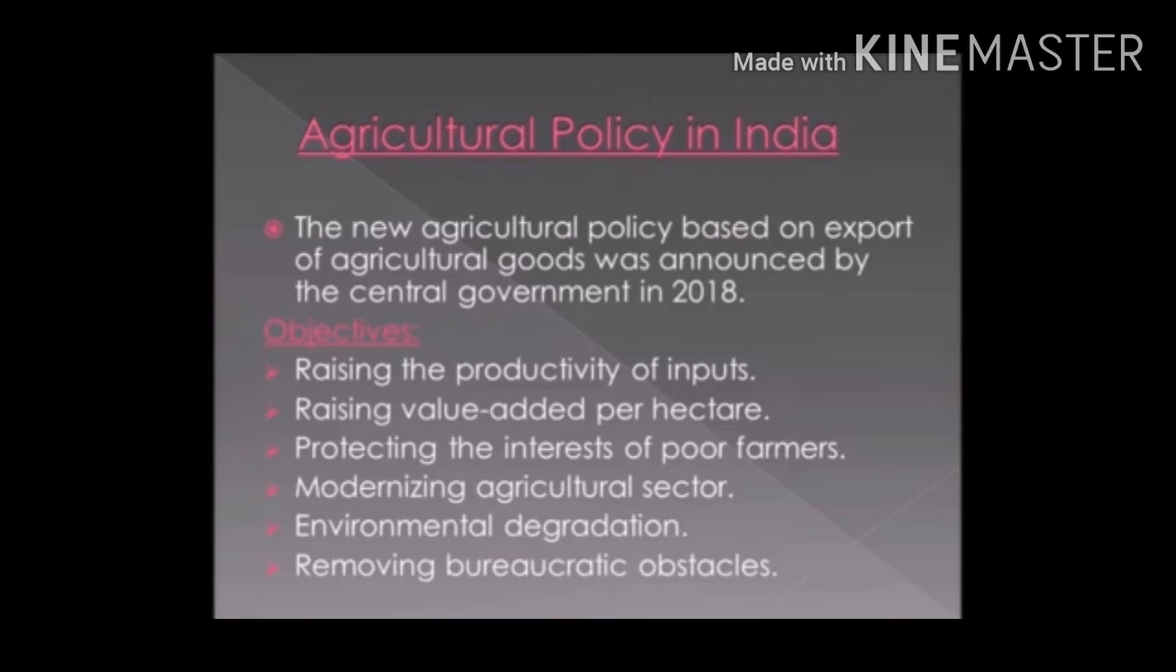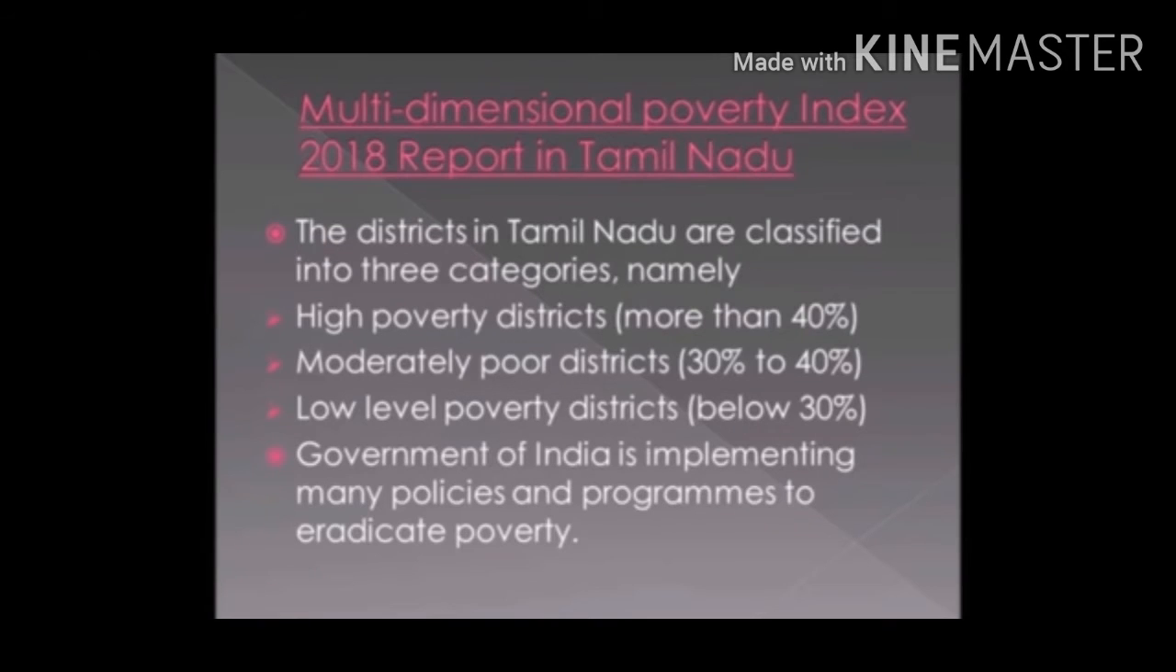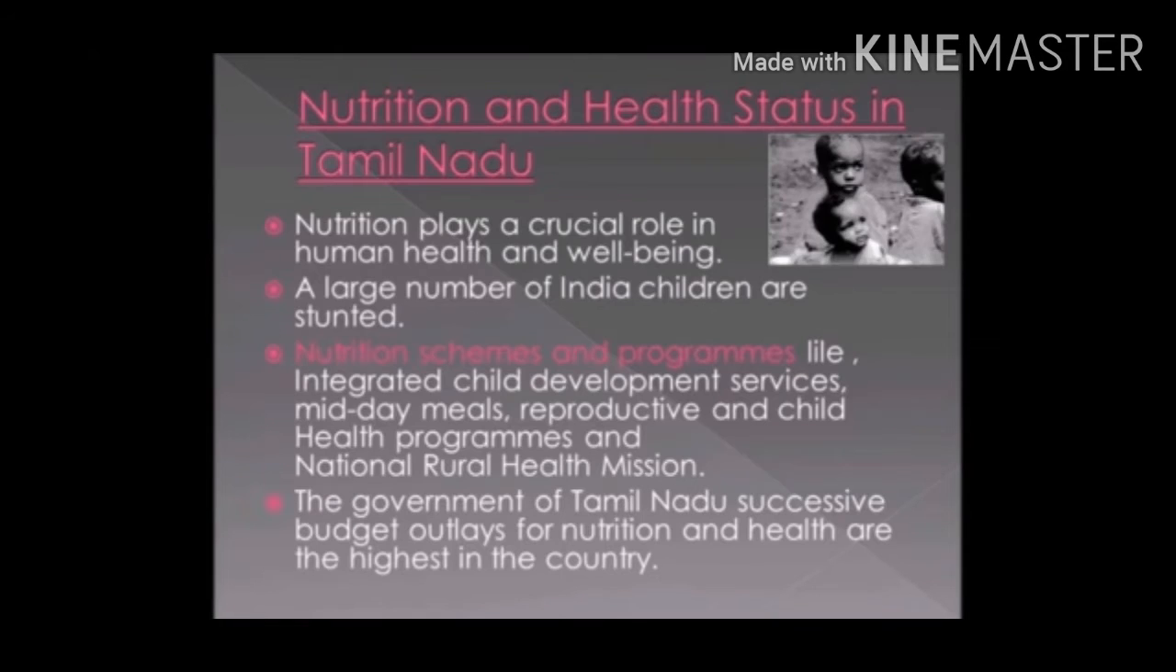Agricultural policy in India. The new agricultural policy based on export of agricultural goods was announced by the central government in 2018. This policy states that the government has decided to remove export restrictions on most organic and processed agricultural products. Agricultural policy of a country is mostly designed by the government for raising agricultural production and productivity and also for raising the level of income and standard of living of farmers within a